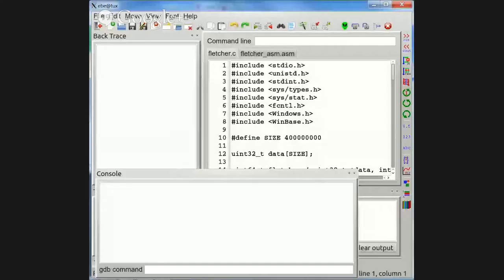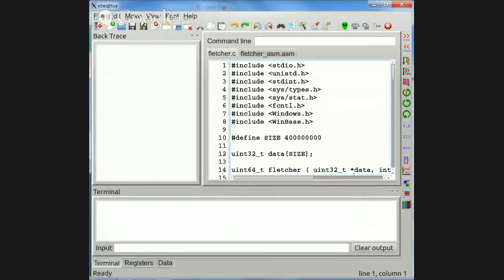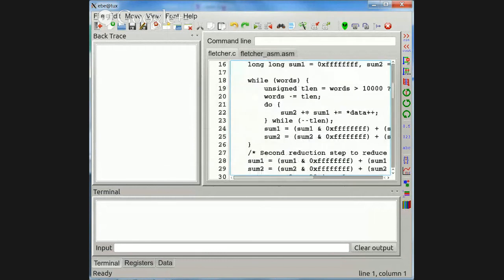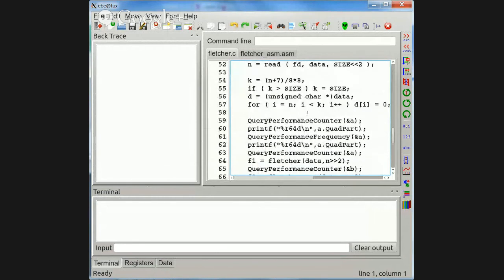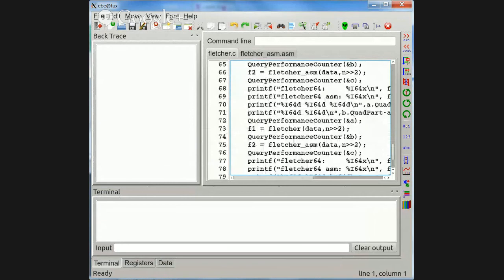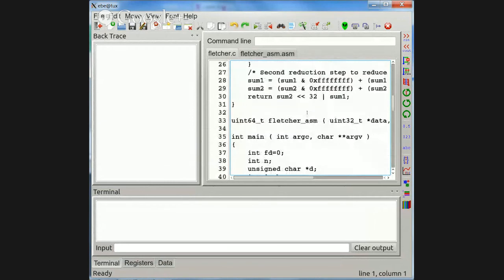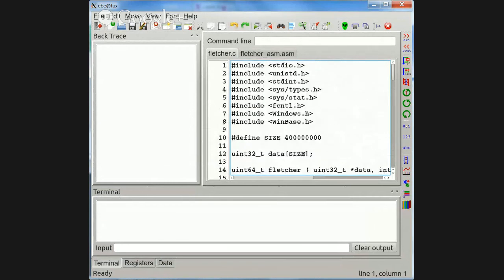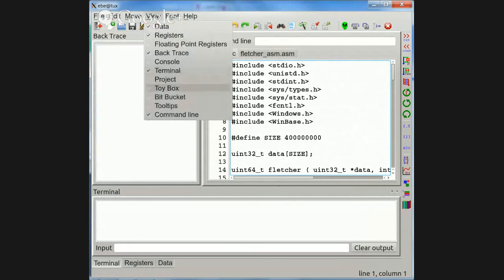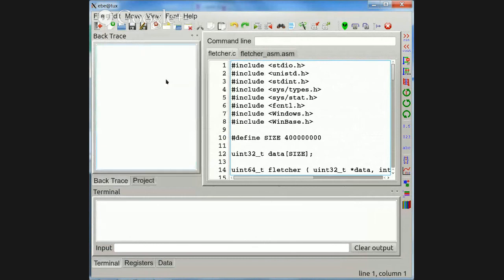All right, so here we have some code, and this is two different functions or two different files. Fletcher.c is a main routine, and I'm not going to get rid of the Windows business in here, but to have a file which has assembly code and C code, you need a project file.